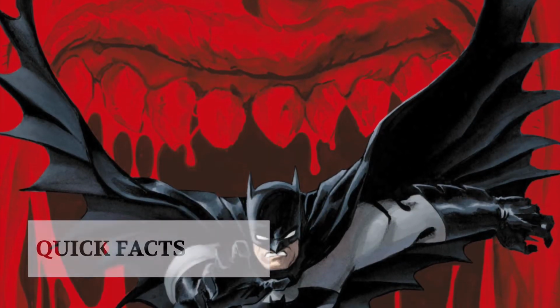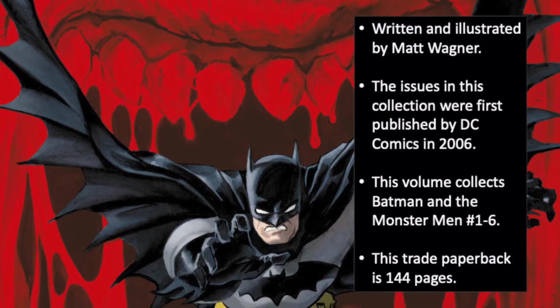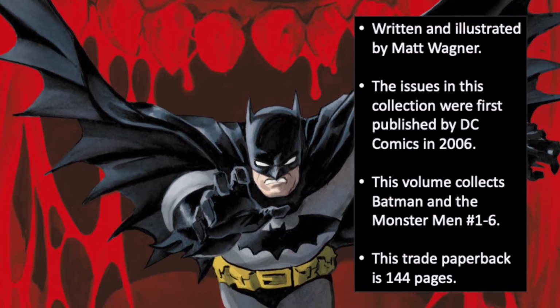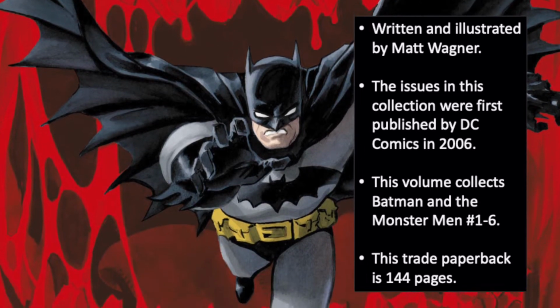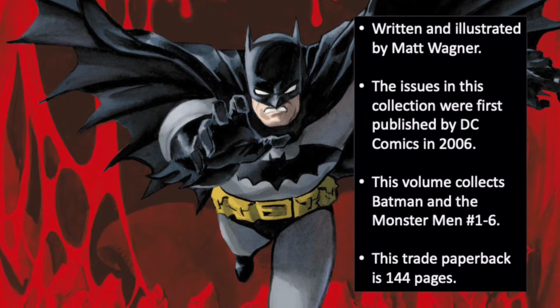But first, some quick facts about today's collection. Batman and the Monster Men was written and illustrated by Matt Wagner. The issues in this collection were first published by DC Comics in 2006. The volume itself collects Batman and the Monster Men issues 1 through 6, and this trade paperback collection is 144